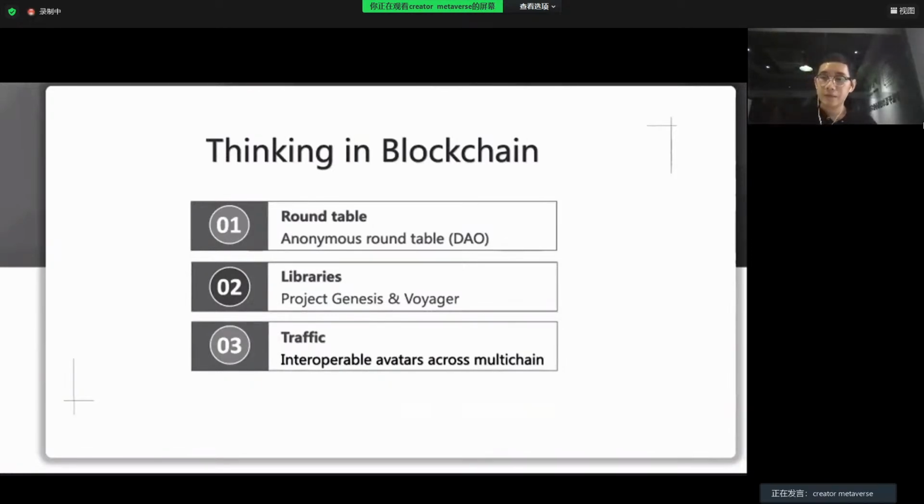We also tried to link traffic between different blockchain games, because we designed interoperable avatars across multiple chains. We tried to finish this in 2019 at the Sega Game Jam, where we worked with other teams to use the characteristics of blockchains.